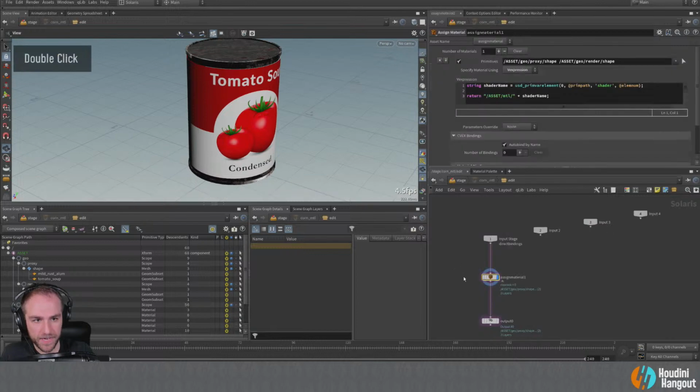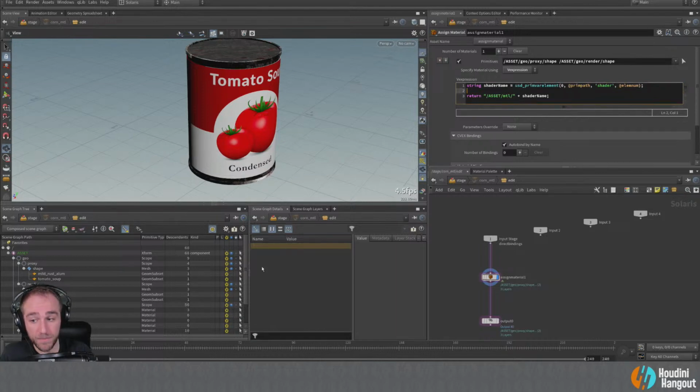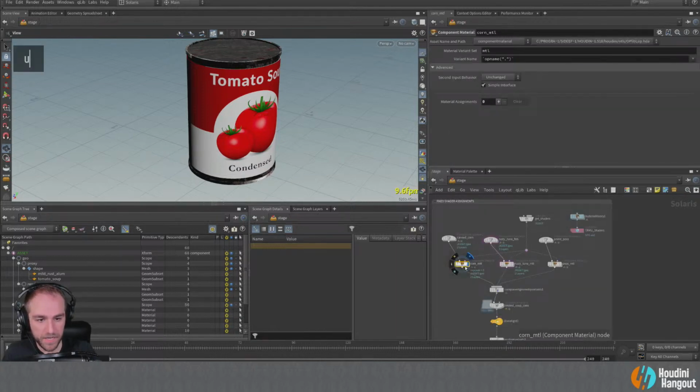So the one different thing I'm doing here is I'm using a little string in here to assign these materials using VEX. So a little shout out to the old VEX stuff we were doing before, but you can use VEX in here to assign your shader. So basically what it's doing is it's looking up the elements of these primitives in here.